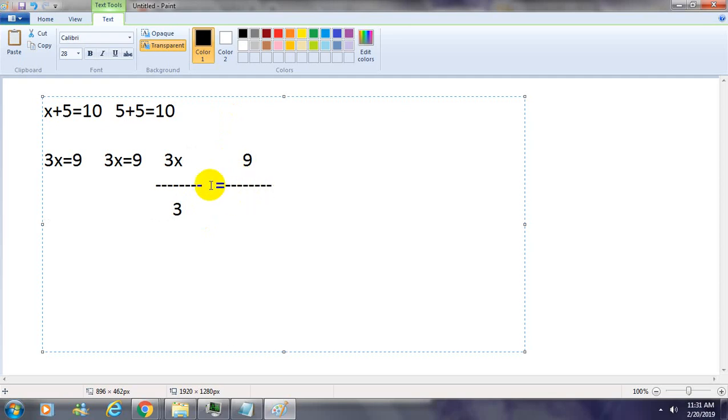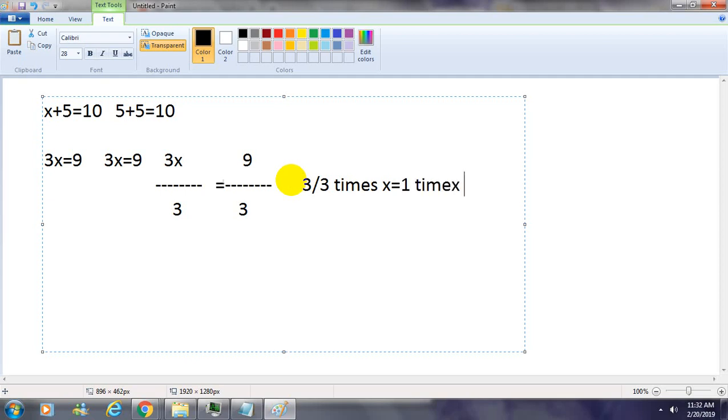So if you do the inverse, you have 3x being multiplied. You divide that 3x by 3. You have to divide this side by 3 also. Okay, divide that side by 3. Now you just do the math. 3x divided by 3 is just 3 divided by 3 times x, right? And what's 3 divided by 3? That's equal to just 1